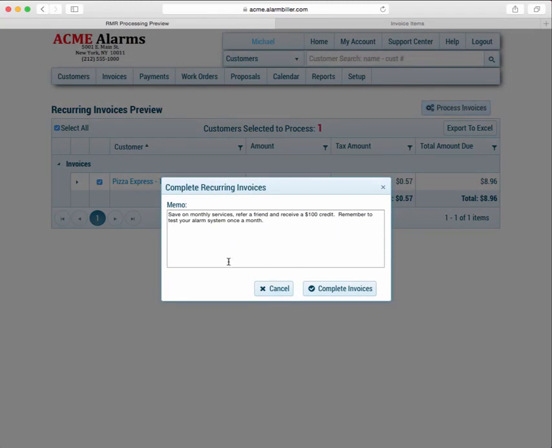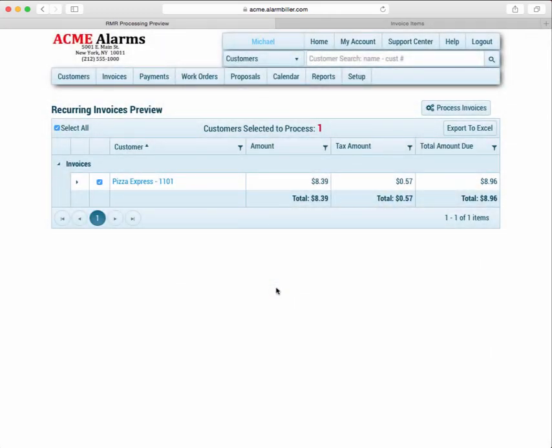It will bring up our memo, and this is a memo that we could print on that invoice, and there's a way to enter in a default one in the setup. And then all you would do is click Generate Invoice. But we're going to click Cancel now because I want to show you another way to generate recurring invoices, and